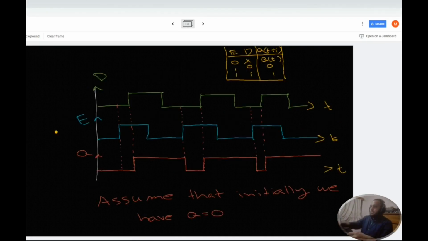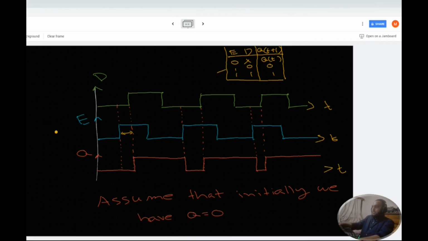Let's see the output of D latch in timing diagram. So here we have the input D, clock signal E, and depending on the combination of D and E, we will get the output Q. We are assuming that initially our Q was 0. From this position to this position, our clock signal is 0, and we know for D latch, when our clock signal is 0, we will get the previous output. As our previous output is 0, from this position to this position, we will get the output as 0. Now from this position to this position, our clock signal is 1,